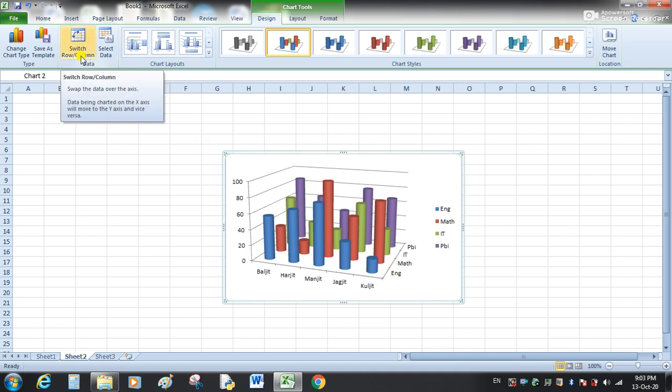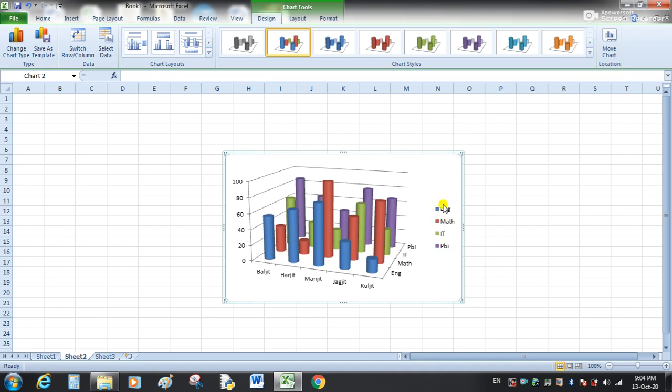Switch rows columns. You can see this is the name of the students, this is their subjects, and these colors are referring to the different subjects. For example, this blue color is for English, red color is for maths, green color for IT, and purple for Punjabi.